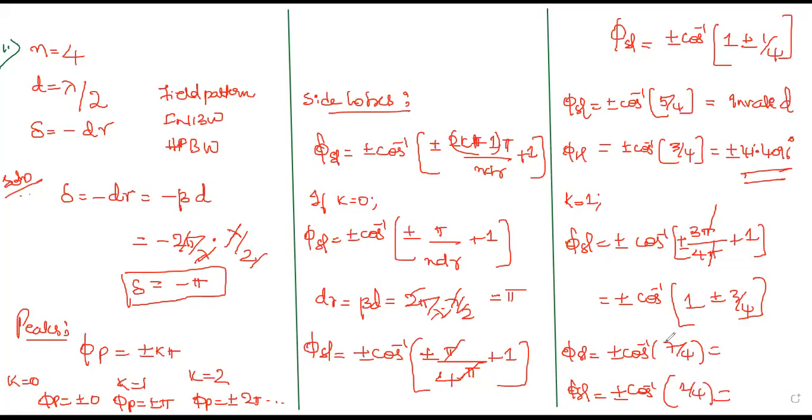See this value: if the numerator is more than the denominator, obviously this value will be invalid. No need to waste your time doing this again. In terms of cos, if the numerator is more and the denominator is less, you can directly write invalid value. Find out what it is for cos inverse of 1 by 4. 75.52 degree. Okay. Now, again, both are not invalid, so you have to continue with the k values. I'll clear the screen.